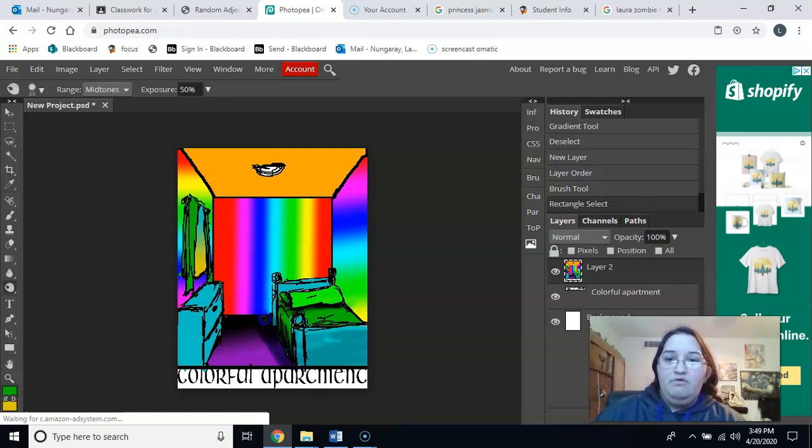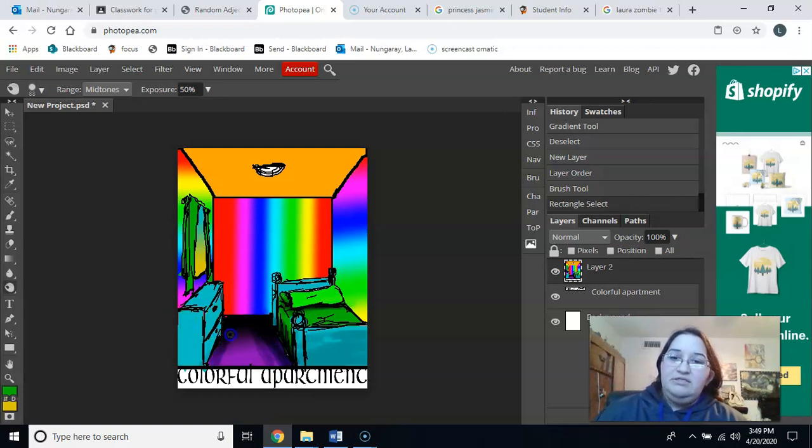The more times you go over an area, the darker it's going to get, and it's going to look more detailed, more realistic. This is the burn tool again. That's what's making it darker. Now, if you want to make it lighter, you're going to use the dodge tool. Now, the dodge tool, what's happening,